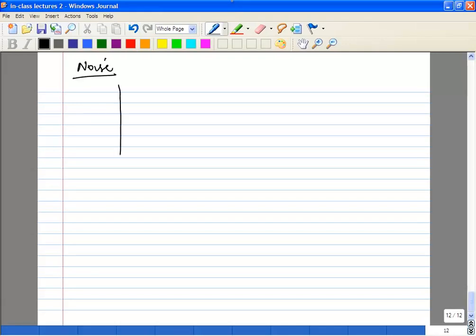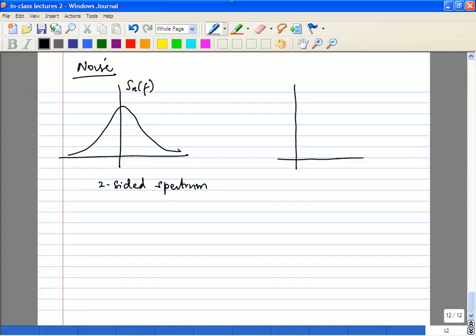One thing is, be careful about this. So let's say this is your noise power spectral density. You have to be careful about this is the two-sided spectrum. Quite often you also use the one-sided spectrum, okay, which is just this guy folded over to the positive frequencies. So when you work with graphical analysis, you tend to use two-sided spectra. Okay, when you use circuit level calculations, you end up using just single side.